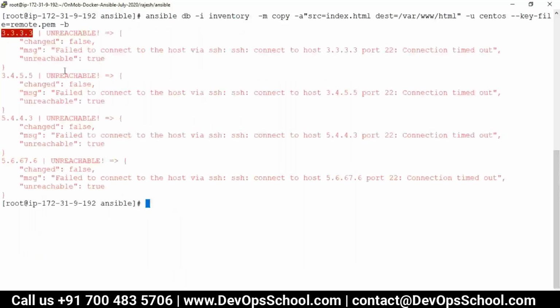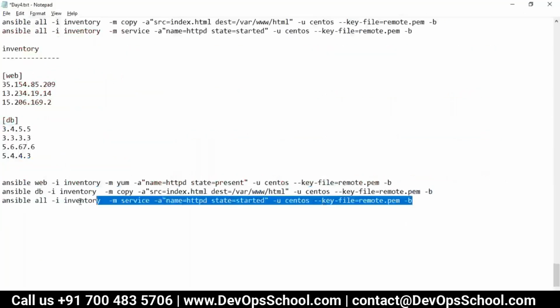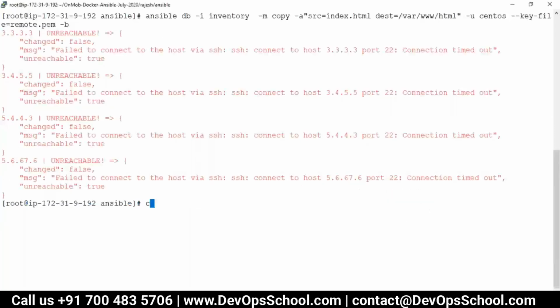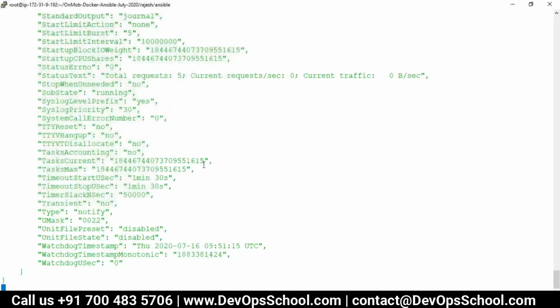See here, unreachable, unreachable, unreachable, unreachable, only for these machines. Can I do all? All means a few will succeed and a few will fail because some of the machines are not accessible. So guys, this is the way.